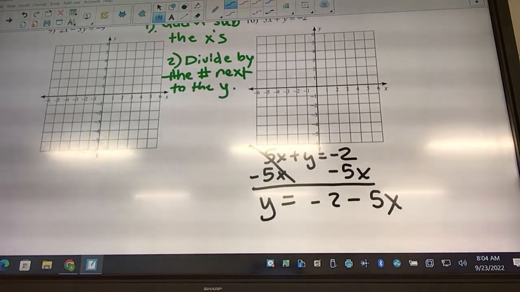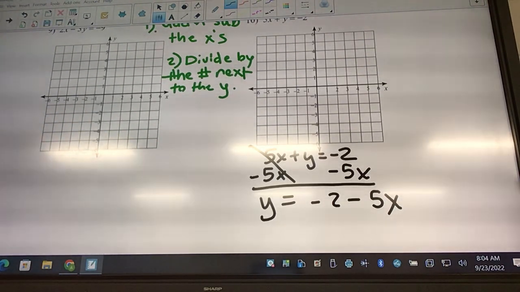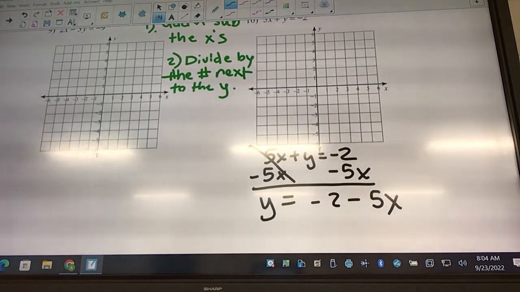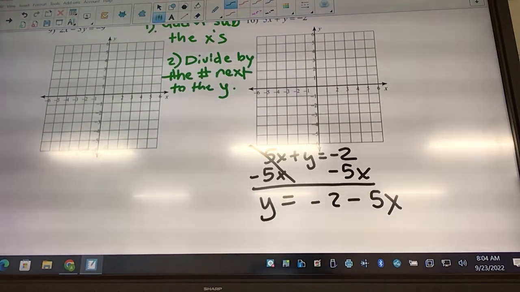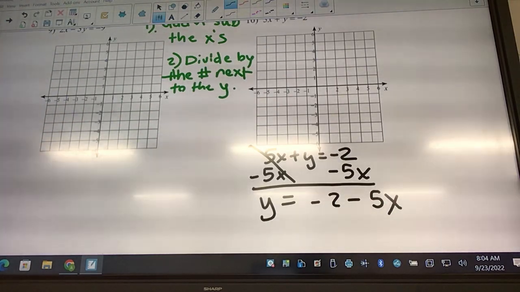Is there a number next to the y? No, so we don't need to divide on this one, so that's nice. Okay, now, looking at this, what is the y-intercept? Negative 2. Okay, the way that you can tell, the slope always has the